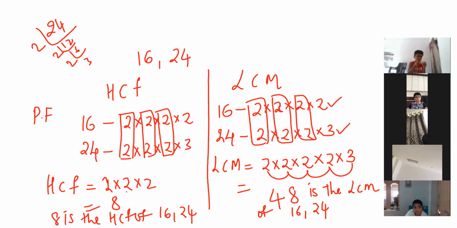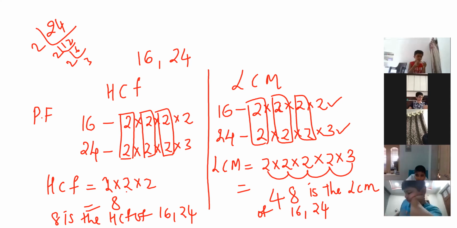Understood? Show your thumb those who have understood. Just a comparison. Why have I taken those two at a time? Just to compare till where the process is similar, and after that how to find the HCF and how to find the LCM. For finding the HCF, you are just multiplying the common factors. But to find the LCM, along with the common factors, you are multiplying the extra factors which remain. Got it? This method is applicable for any kind of numbers.